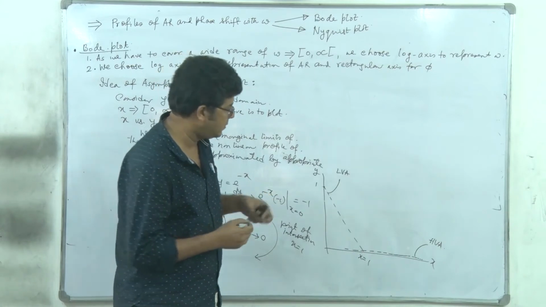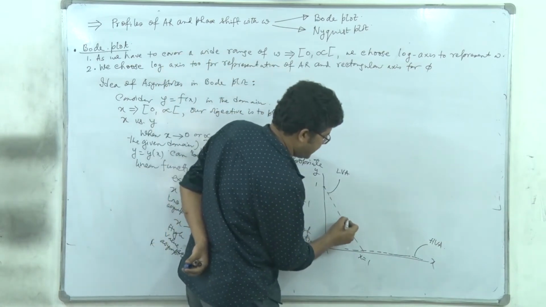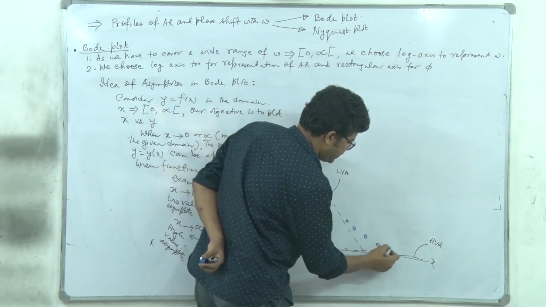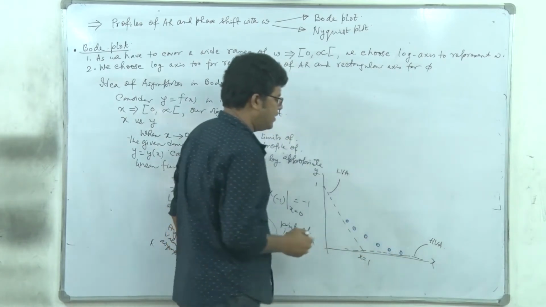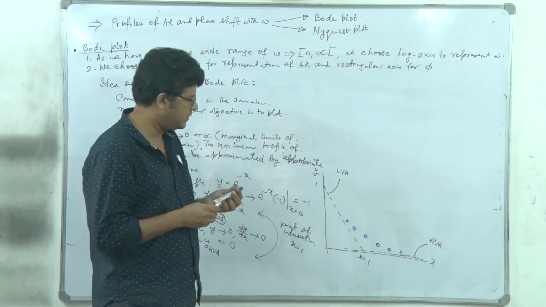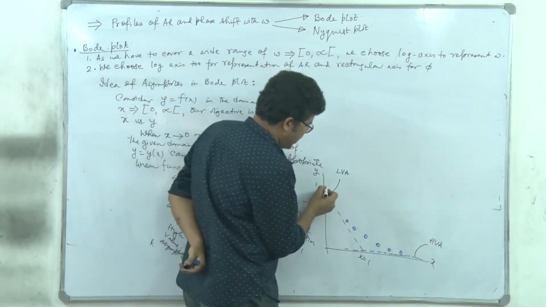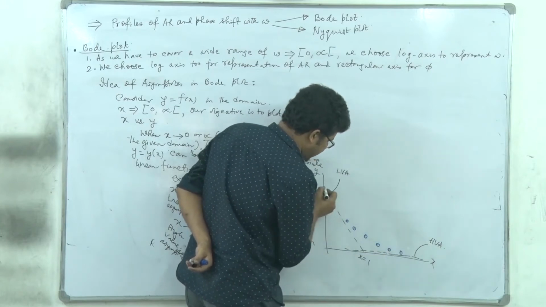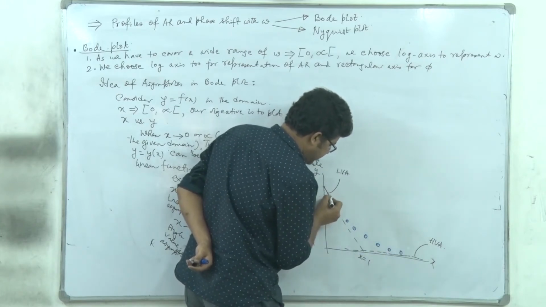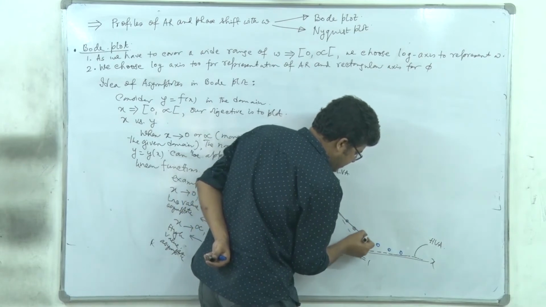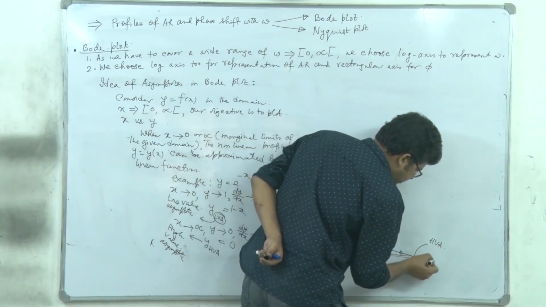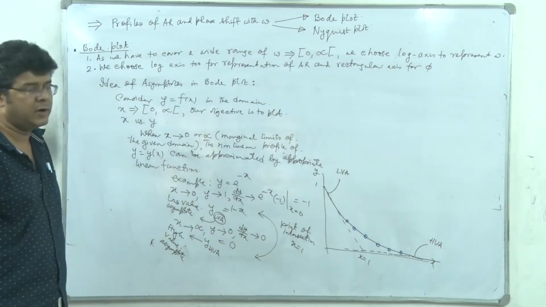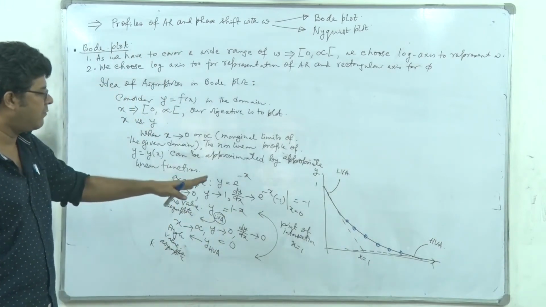So where it is maximal, let's evaluate some of the e to the power minus x values like this, and this. We will see that. And if now I join them by a smooth curve and make it asymptotic, meaning limiting, I will be able to draw this profile of e to the power minus x, or a graph.